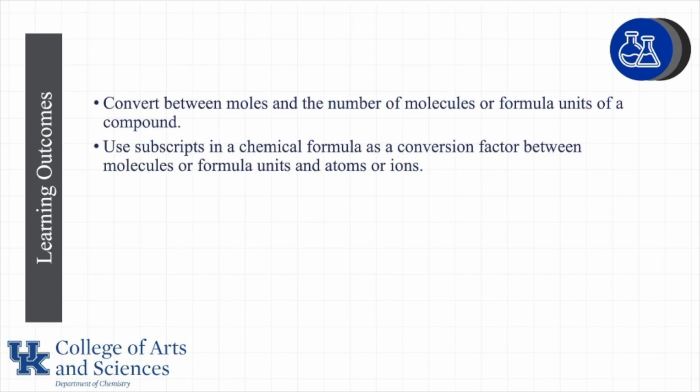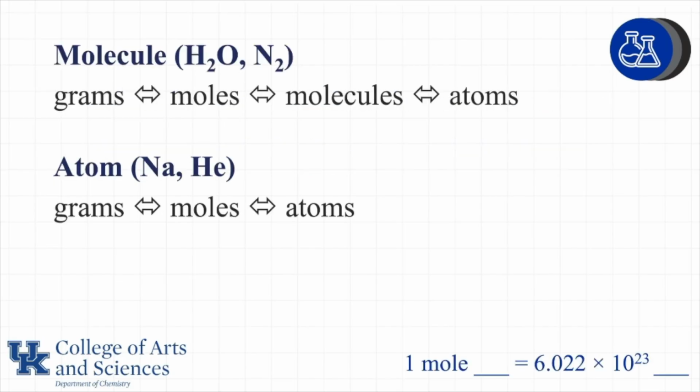In this lesson, we're going to learn to convert between moles and the number of molecules or formula units of a compound, and also to see how we use subscripts to determine the number of atoms or ions. In previous lessons, we've looked at the conversions between grams and moles, as well as moles and molecules or molecules to moles. Now we're going to bring those things together and see how we get from grams to molecules or even to atoms in a molecule,